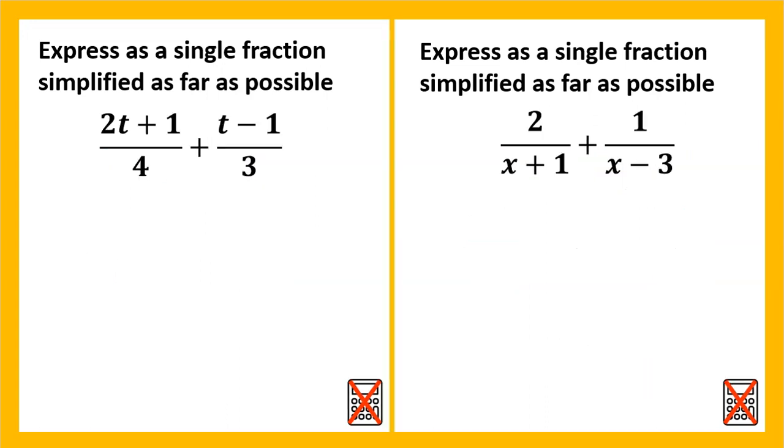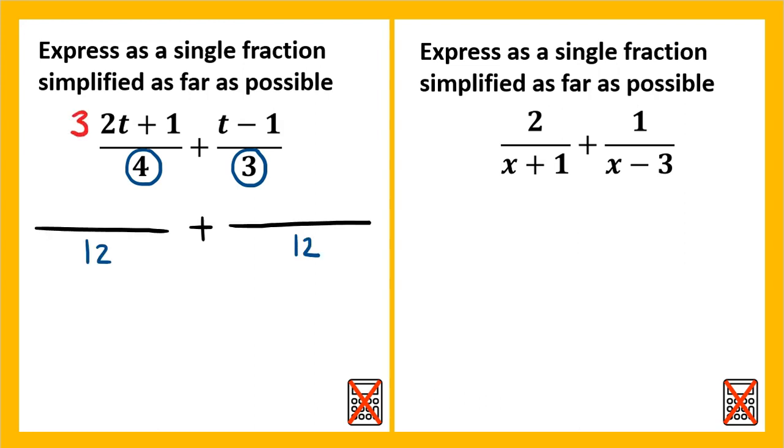The intermediate questions have an increase in difficulty, with some of the expressions involved in the fractions having operations. The methodology is still the same. We'll start by finding the lowest common denominator of 4 and 3, which is 12. 4 times 3 gives us 12, but what we need to be aware of this time is we need to